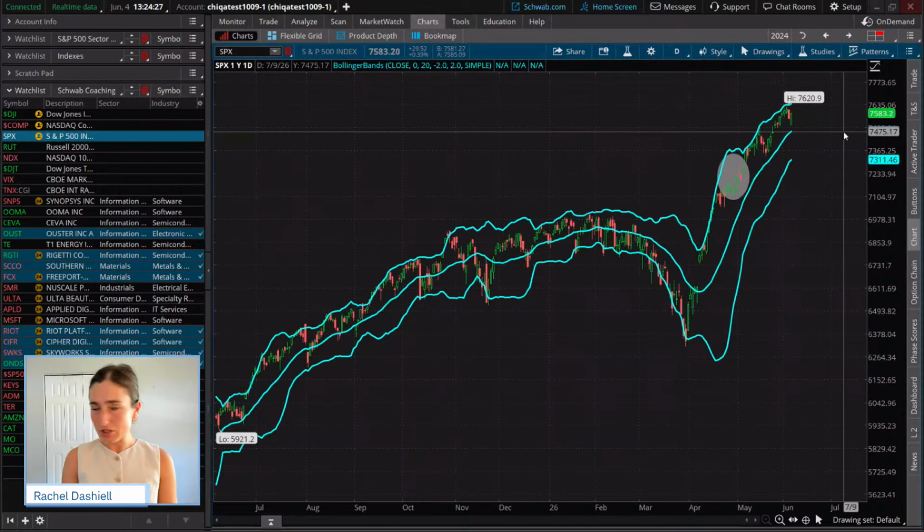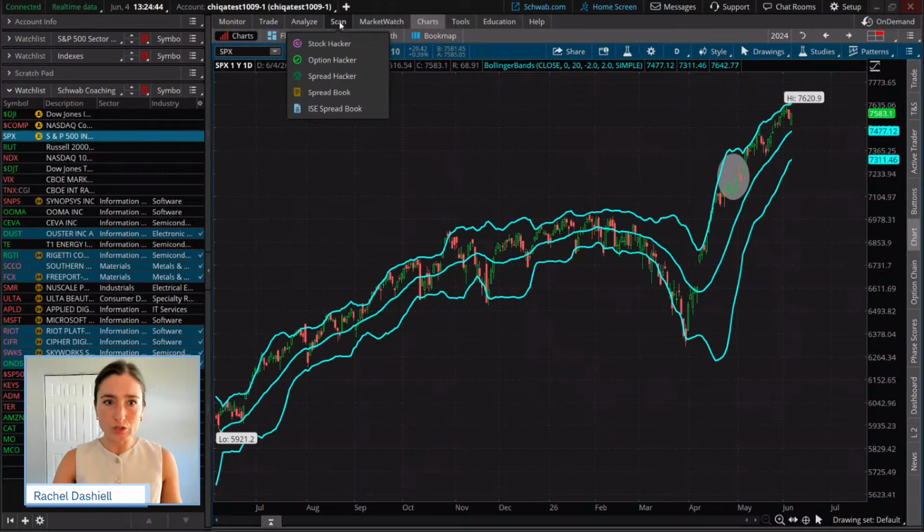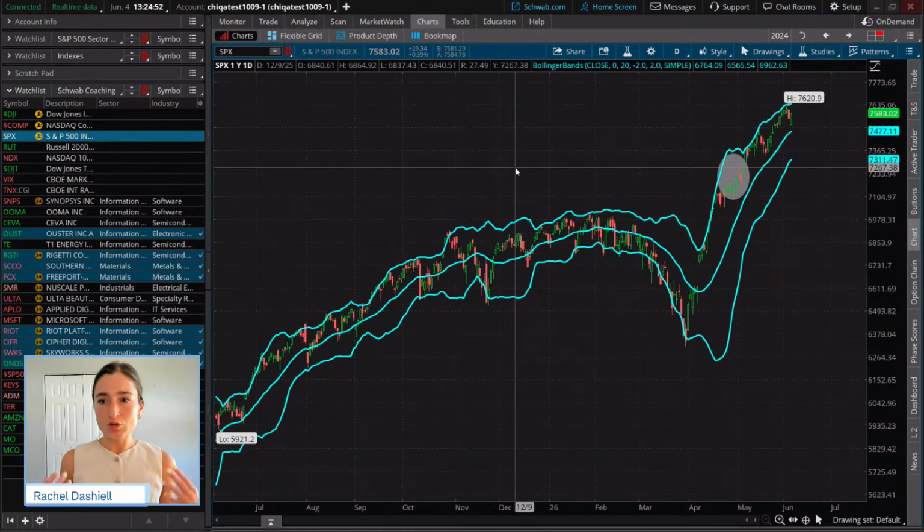Now let's switch gears to our scan because we want to look for specific breakouts that we've been seeing. We're going to talk about how to trade those because I think it's important that we touch on some of those intricacies with the condition wizard as well, because we know that that's something that's really useful here in Thinkorswim when you are signal-based trading and trend trading. That way, you're not trading based off of emotions. You are only trading with your system. You are using the rules of your system and you are hands off at that point. So no emotions get in the way, no biases, nothing like that. We are trading based off of a trend system.